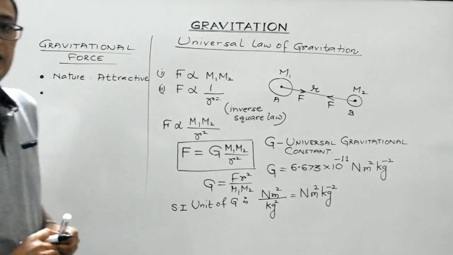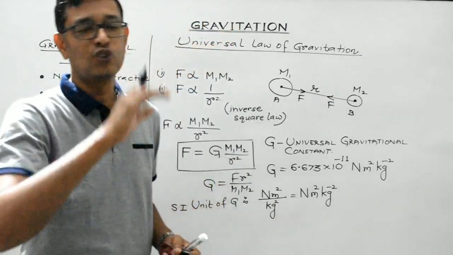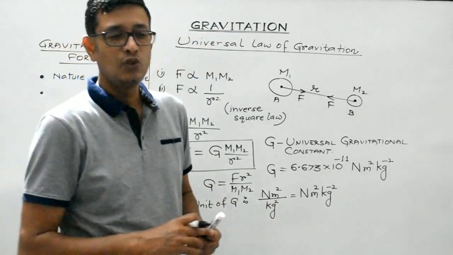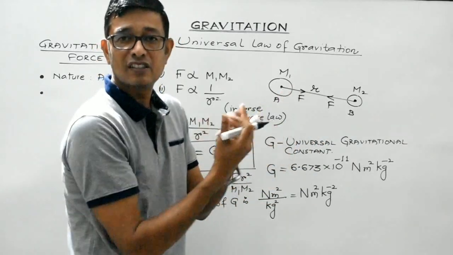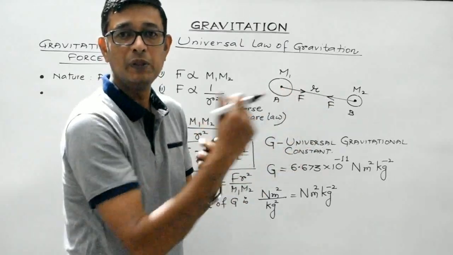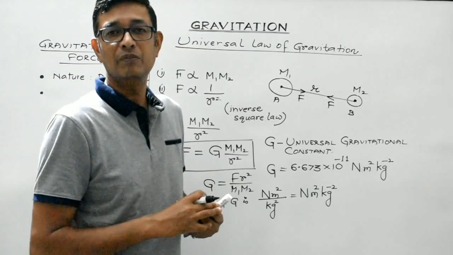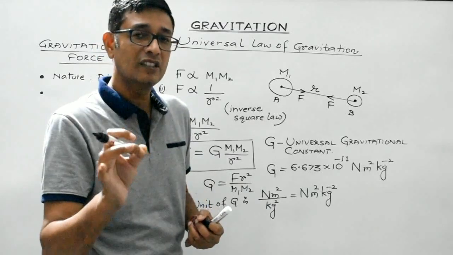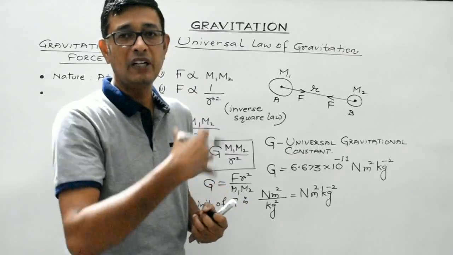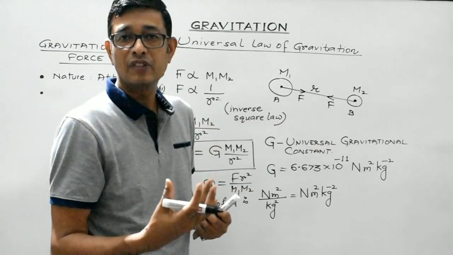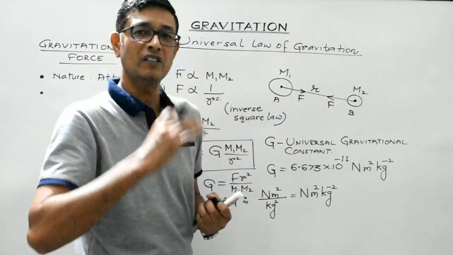Second, gravitational force, students, it is the weakest force in nature. Two students quite close to each other, there will exist a gravitational force between those two people or those two objects or those two students, but we never tend to feel it because gravitational force, it is the weakest force in nature. It becomes dominating only when we consider some celestial objects having huge masses.